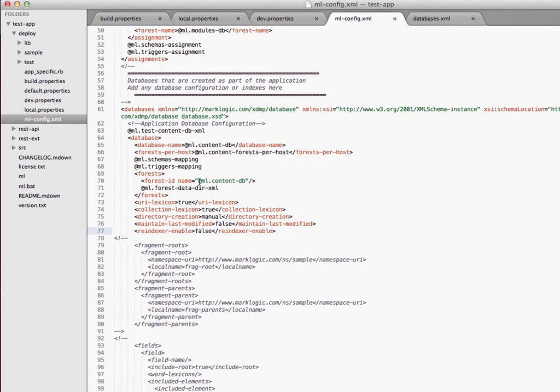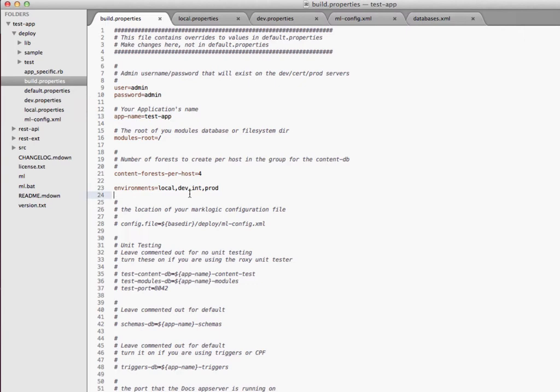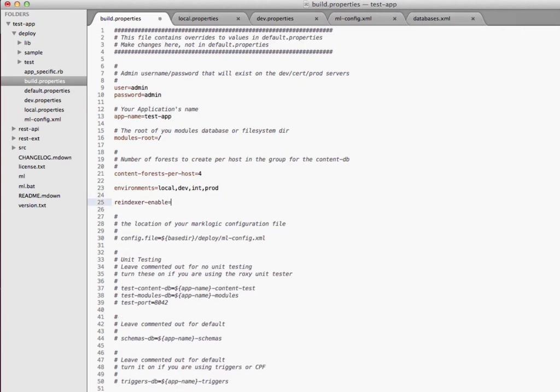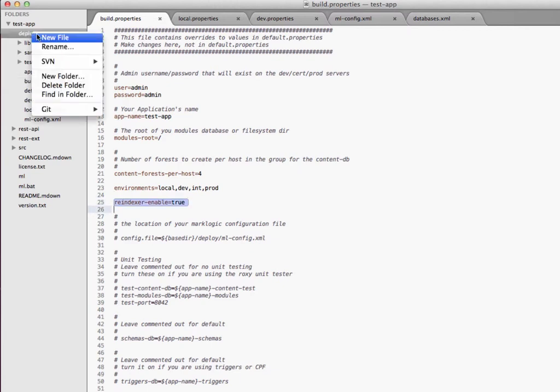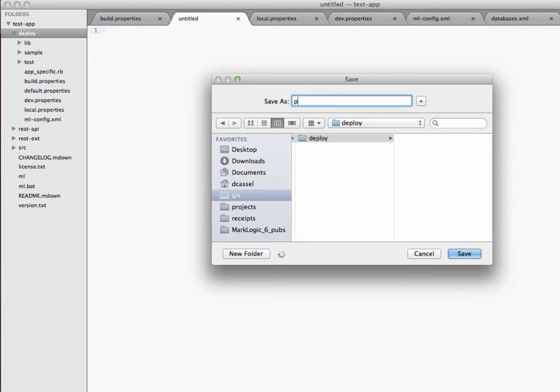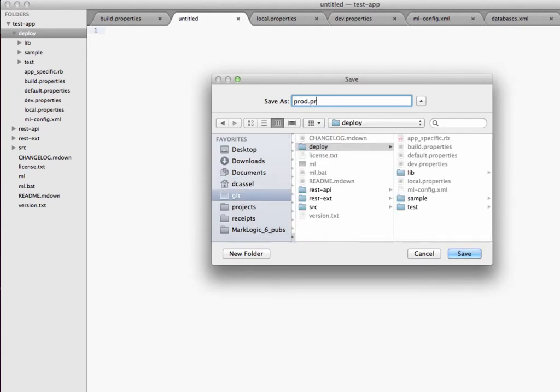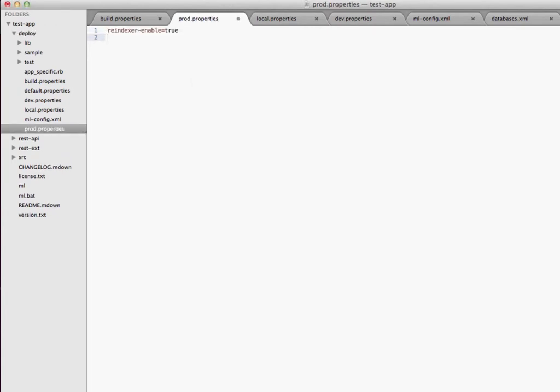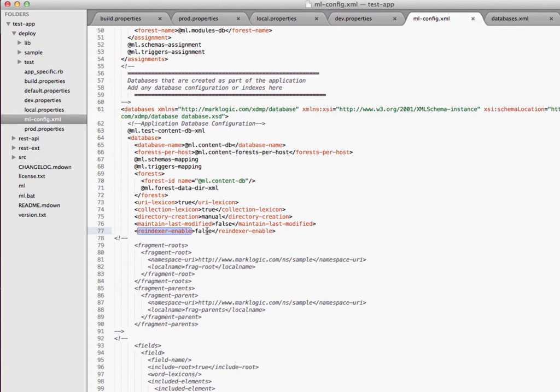What's more interesting is, let's suppose that I do this. I'll copy that name. Let's say we probably want it true most of the time, but maybe we don't want this to happen in production. So how do I get that to come into here? Instead of specifying an exact value like that,